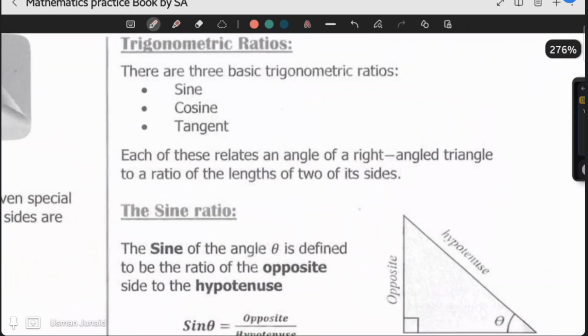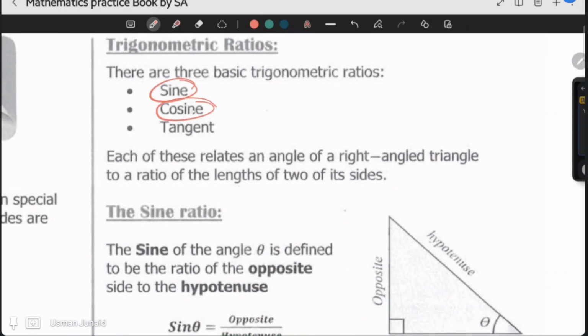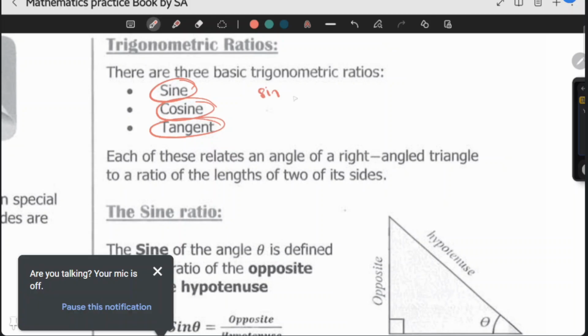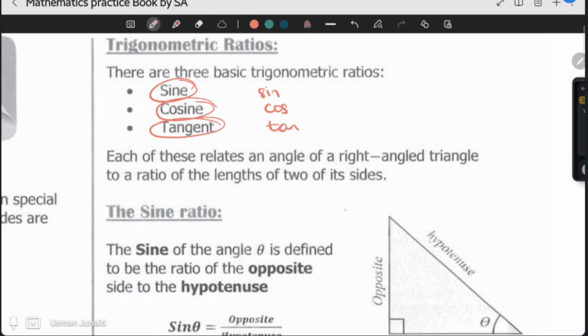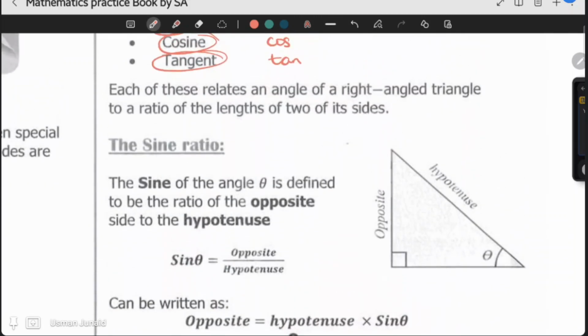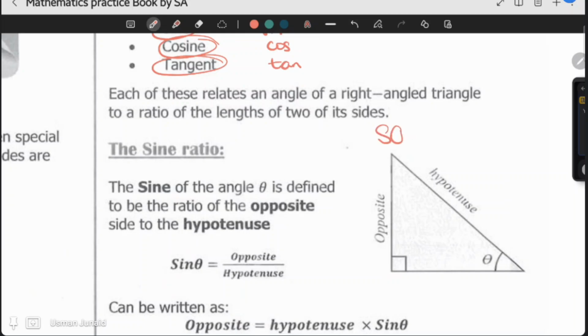There are three basic trigonometric ratios called sine, cosine, and tangent, which are called sin, cos, and tan, which you can see on your calculators. So each of these relates to an angle of the right angle triangle. It is defined by this mnemonic, which is called SOH CAH TOA,